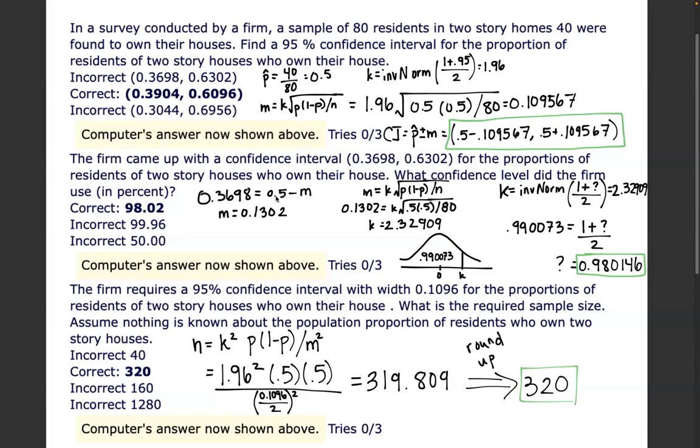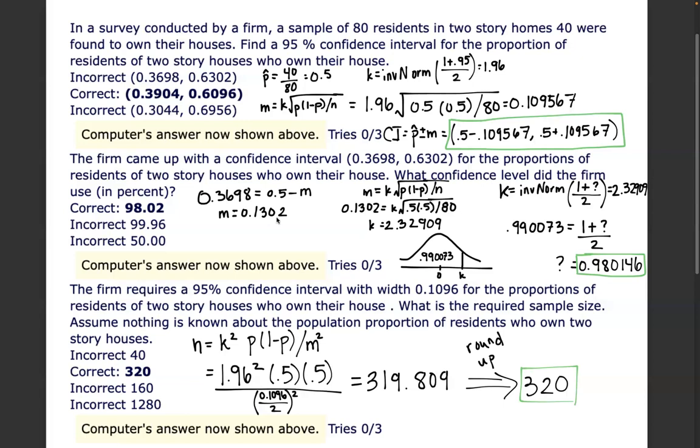So our p hat is 0.5, and then our m is unknown right now, and because we don't know what our k is, which is in our m, and we don't know our k because we don't know our confidence level. So we first want to find our m, then we'll find our k, and then we'll find what that specific confidence level is. So when you have this equation here and you solve for m, we would subtract 0.5 from this number, and then divide it by a -1 to get m equals